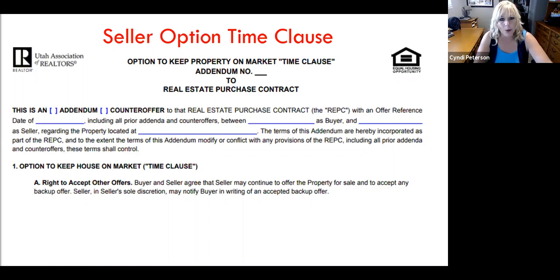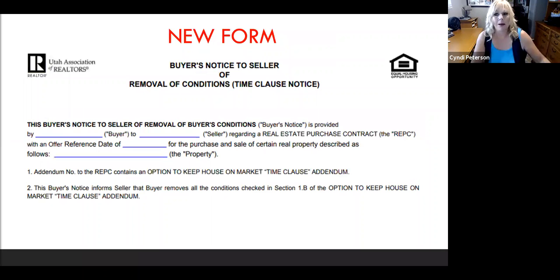Sometimes buyers are offering way higher than what appraisals are coming in. You're just running into all kinds of things. So it would be nice to be able to take those backup offers. So in that case, if you do have a buyer and seller that are under contract and the seller does